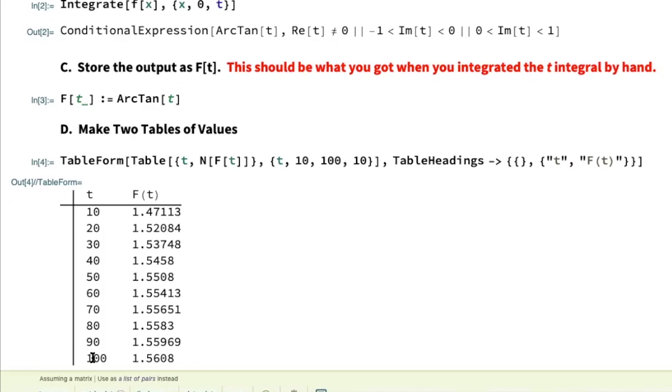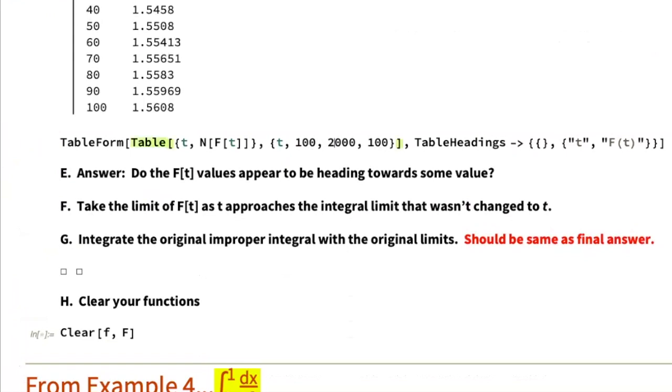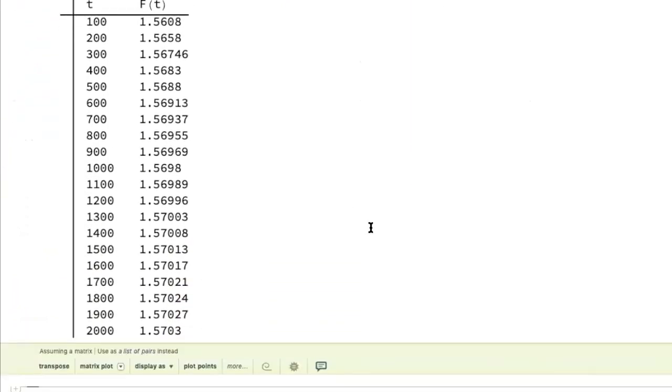Now, after you've made a first table, I want you to make a second table where you have more values so you can see more of a trend. So notice in my table command this time, I said, let's go from 100 to 1,000 by increments of 100. You could even go further. I mean, there's no one right way to do this. But what you can see now is I have more values to look at, and I can see, okay, yeah, this seems to be heading to the number 1.57-ish,